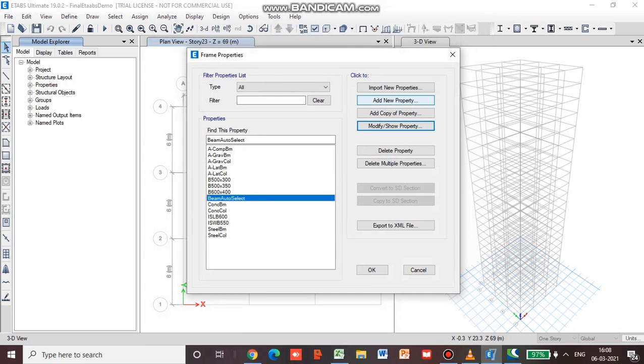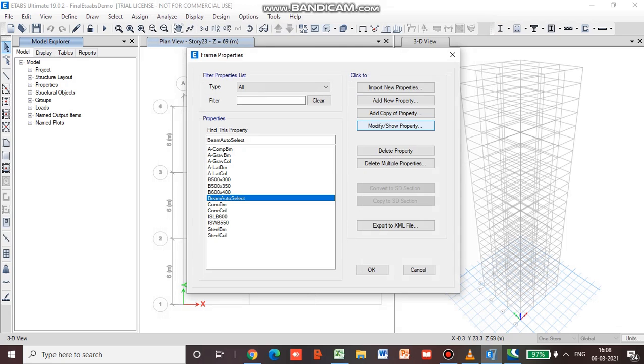Now we are going to go for the column section. So the beam sections that we have used is B 500 by 300. Then we increased the depth by 350. Then we went for B 600 by 400, and we made an auto select list.